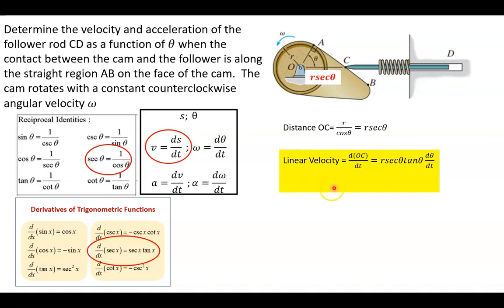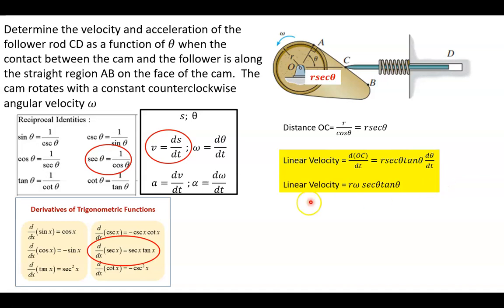So again, we're dealing with angular velocity at that point. So we can simplify this as R times the angular velocity times the secant of theta times the tangent of theta. So this is a function that tells us the velocity of the follower at any point in time going down this straightaway of AB. So that's the first part of the problem solved: determine the velocity of the follower. Now we've got to do the